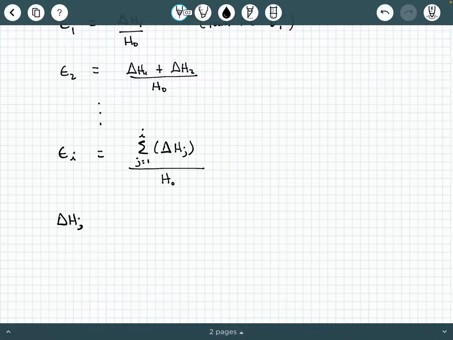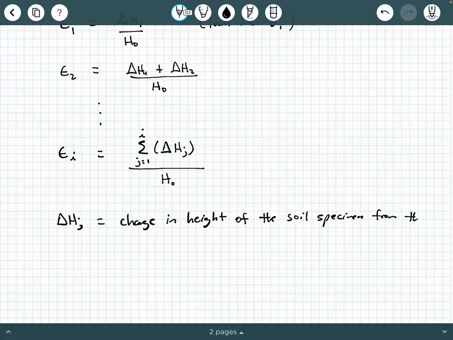Delta H sub j is the change in height of the soil specimen from the beginning of first loading. That's when you first put the specimen in the consolidation cell and you turn on the load. So this is from H naught, very first loading,